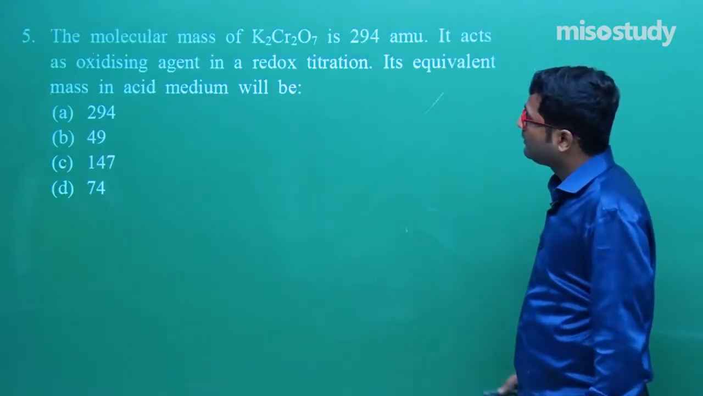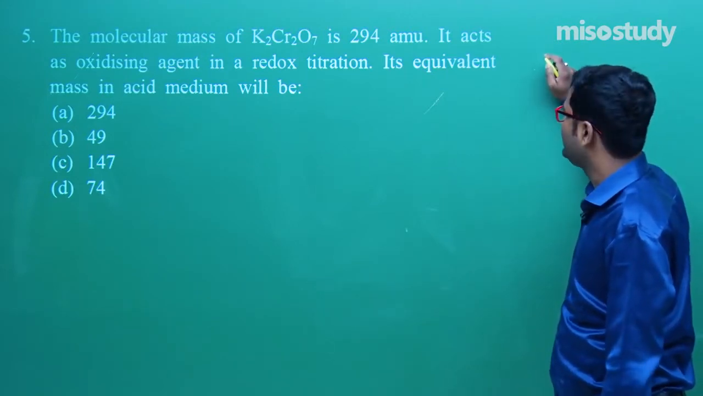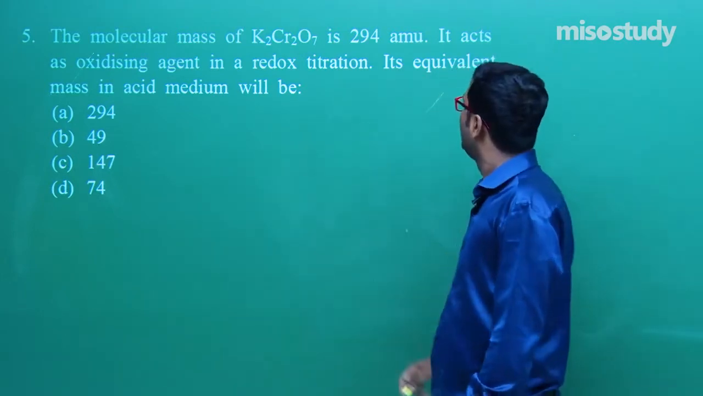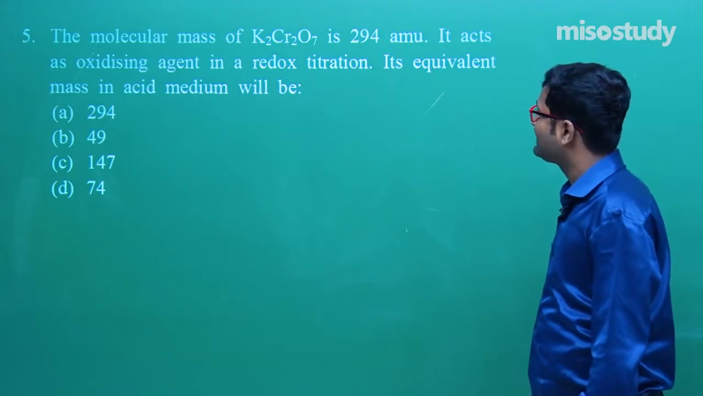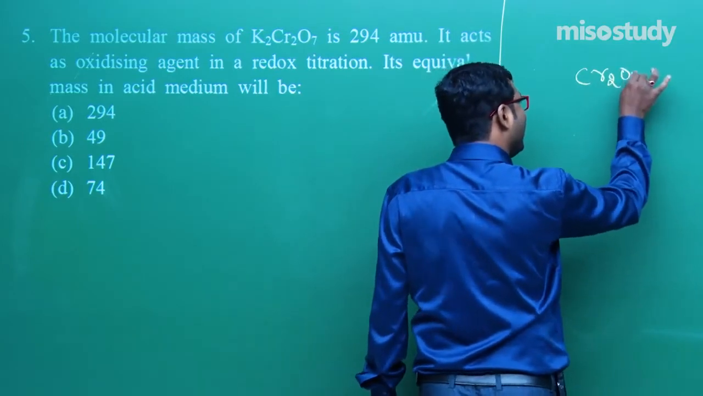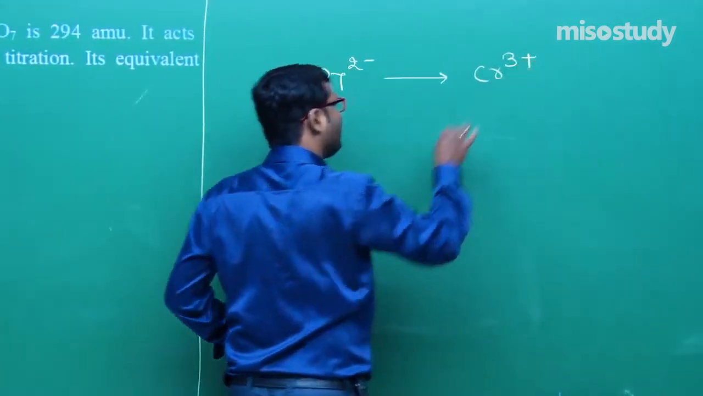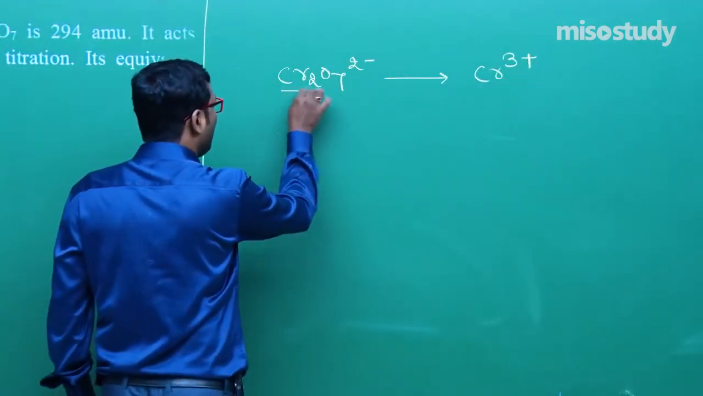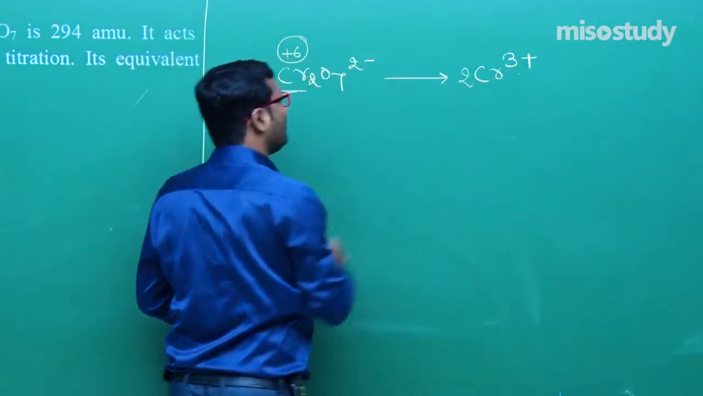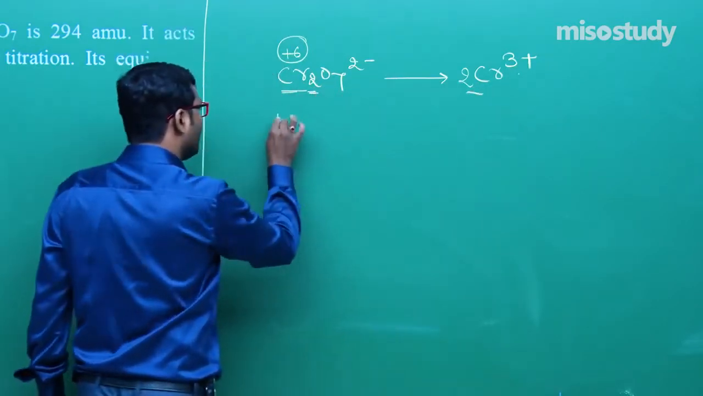Now, question number 5. The molecular mass of K2Cr2O7 is 294. Definitely, it acts as an oxidizing agent in a redox reaction. Redox titration, its equivalent mass in acidic medium. As we know, if there is an acidic medium, I have discussed many times, Cr2O7 converts to Cr3+. Clear? Here chromium is in +6 oxidation state and here chromium is +3 oxidation state. 2 Cr, here 2 Cr. So total